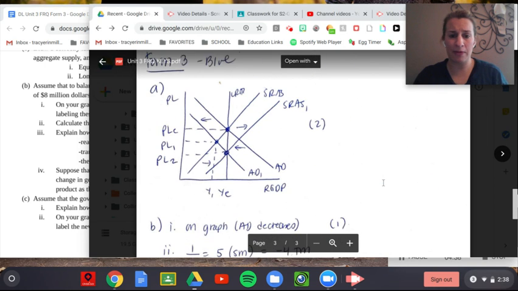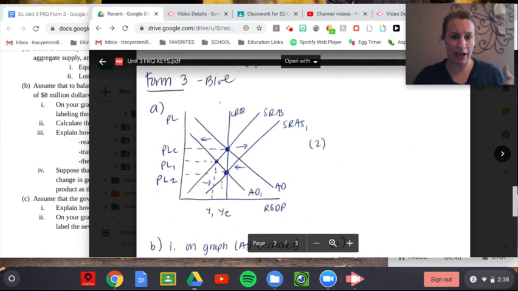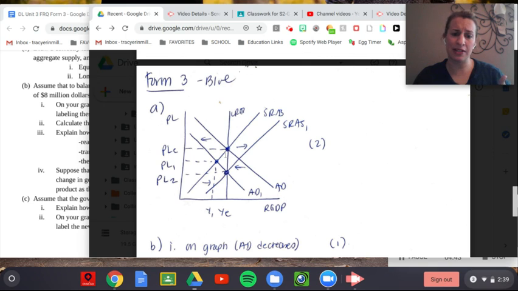So if we go back up to the top, we'll notice that what happened was that aggregate demand fell, and now we're in a recessionary gap. What's going to happen if we leave it alone? Remember, read the graph. What do I know about input prices? They're lower. What do I know about